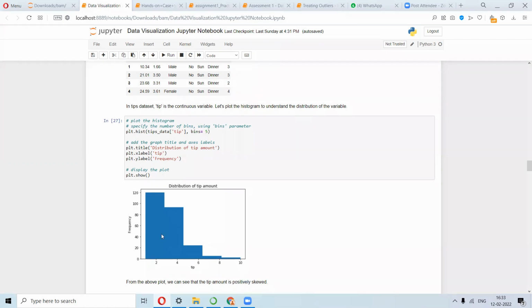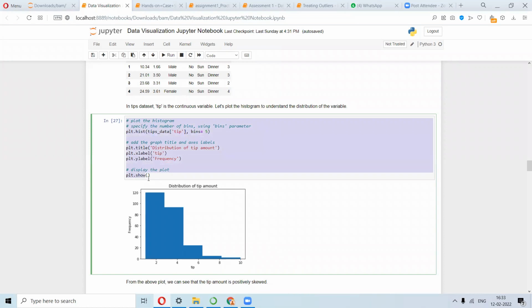So this gives you the distribution, which looks somewhat like this. Again, this part is machine learning, right? Of course, you have to input commands to generate this graph, and which is statistics, right? So now you have to look into this graph and infer the distribution of the tip amount.